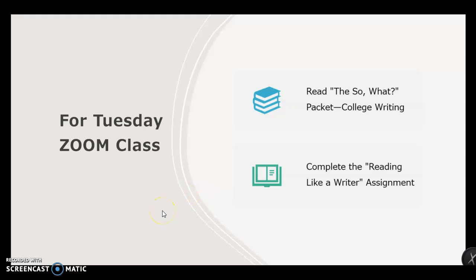First this week, you're going to prep for your Tuesday Zoom class. You'll do that by reading the So What packet. It's in our college writing class. I don't want you to do the voice thread that's in college writing yet. Please wait to do that until after our Zoom class, because your assignment that goes with this,